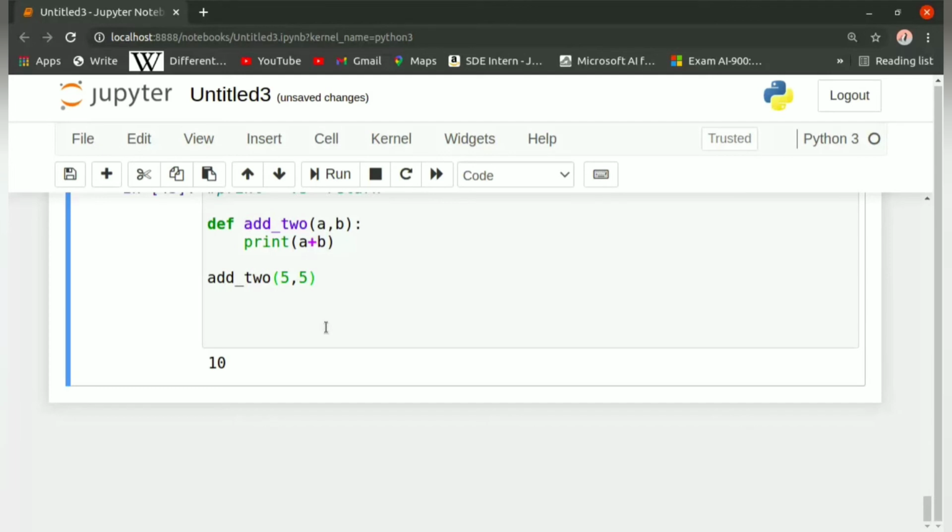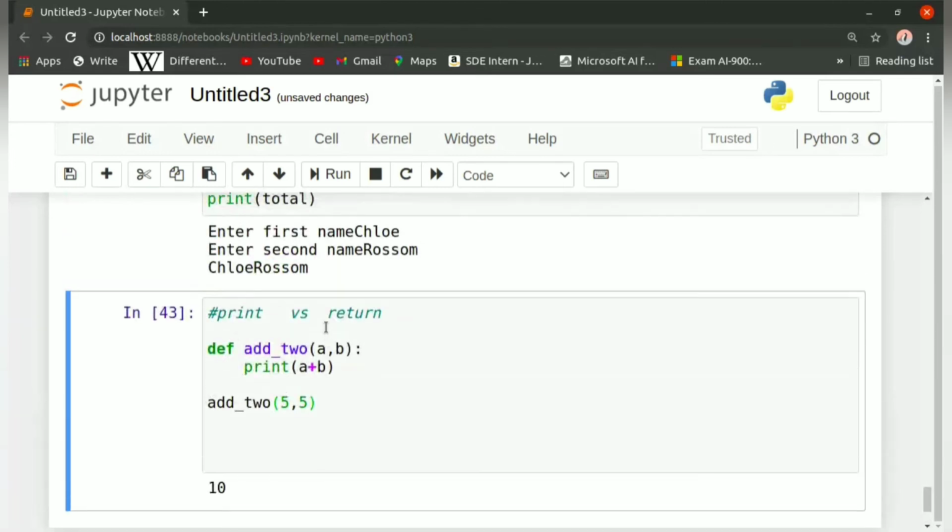Now you must be wondering which one is the correct way to use. Is it the print semantic or the return semantic? Let me clear this up: when we use return, we are not printing every time. There might be functions where we don't need to print something, and in that case we would be using return. So it is sometimes more appropriate to use return instead of print. It all depends on what type of function you have declared. But in the majority of cases, it is better to use return.